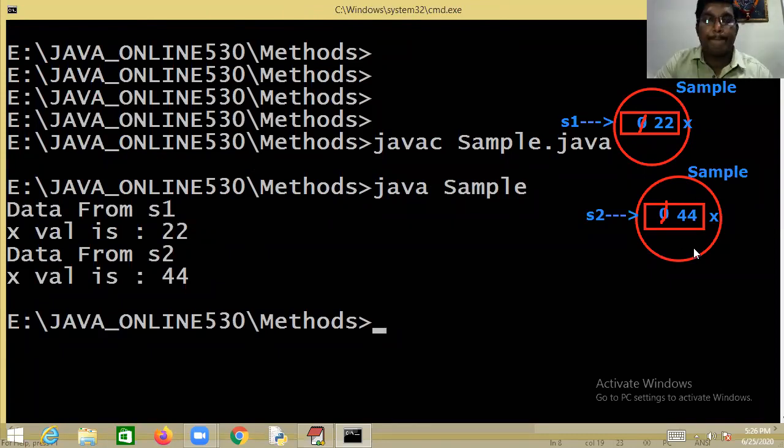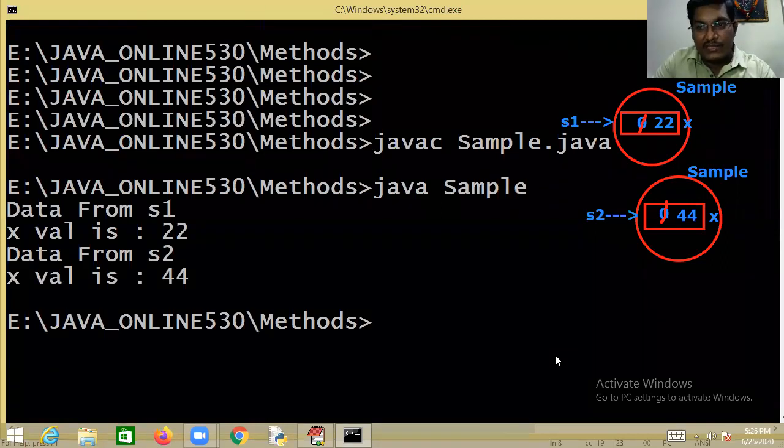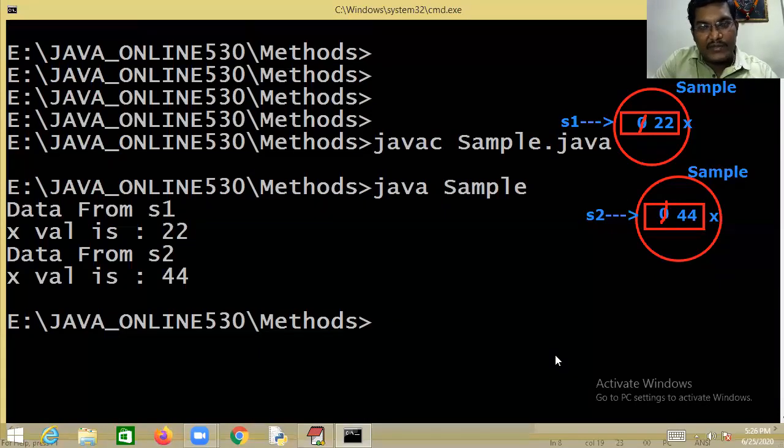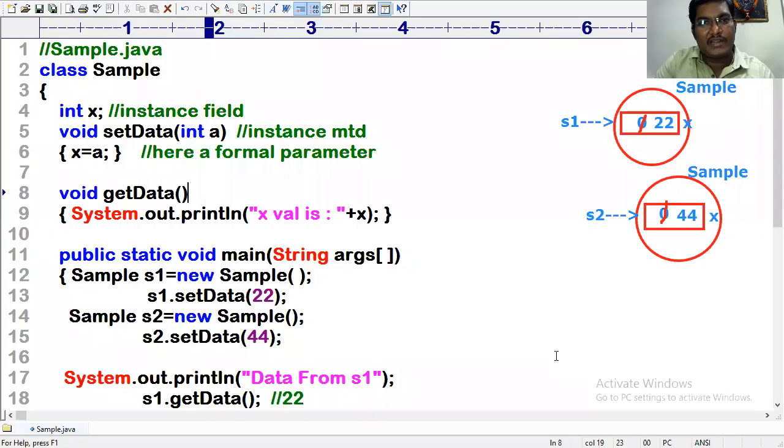This is the way. But ladies and gentlemen, I am personally requesting you, you need to picturize this kind of thing in your brain when the program is written. By the time of writing the program, you need to understand all these things. Not at all a great matter, my dear.